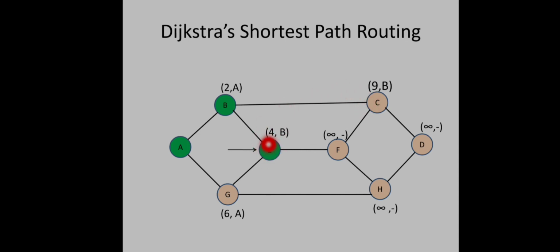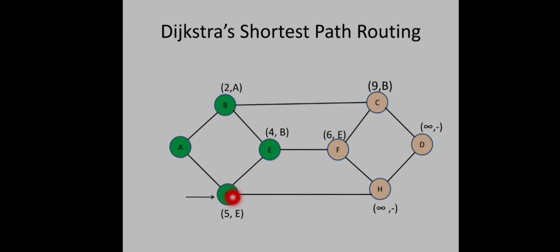To make E permanent. And this is the current working node. Again repeat the same procedure for all the nodes adjacent to E. So G and F are the nodes adjacent to E, right? So apply the same procedure to G and F. G changed to 5E and F changed to 6E.